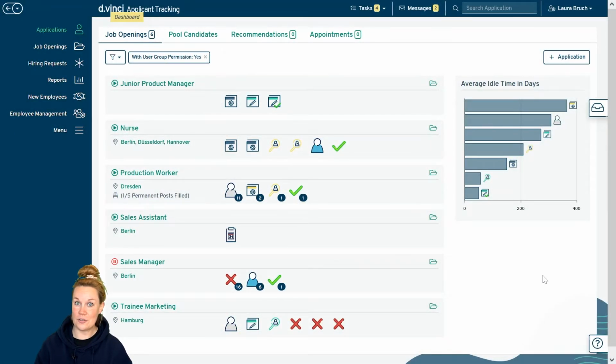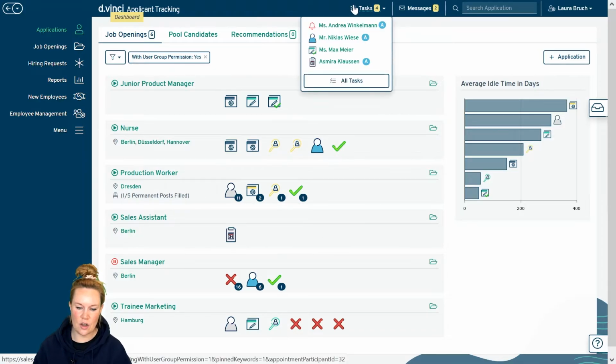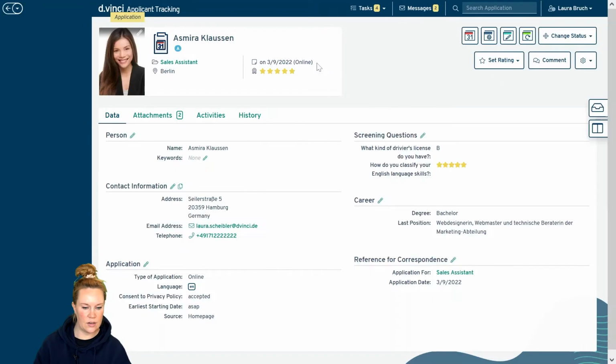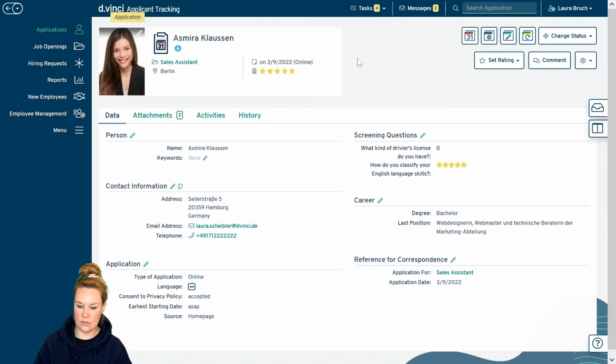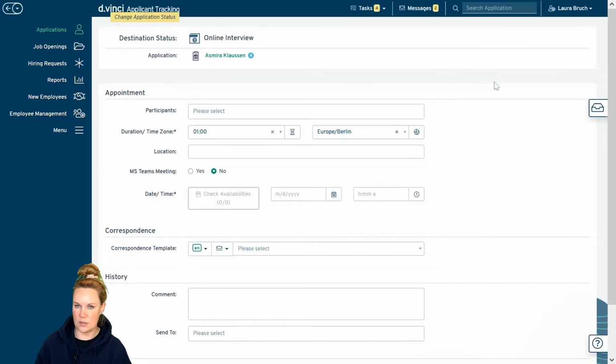Back in the HR or recruitment department, this has changed. Maybe later there's so much going on that you do not see this. So if you just open up your task, you cannot forget anything. In your task, you find your reminders, your personal reminders, or tasks that someone put on you. So just click here and then you already have the next logic steps here. Click on, for example, an online interview, and this is a mask where you can just organize an interview.